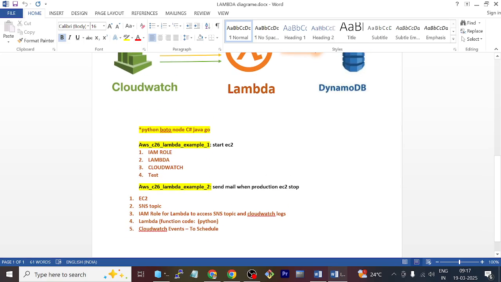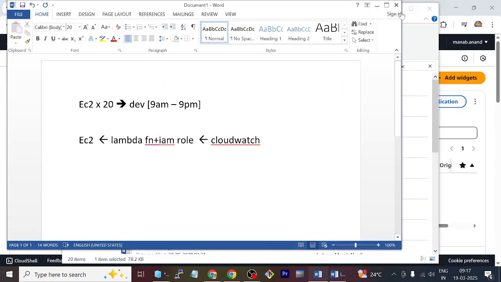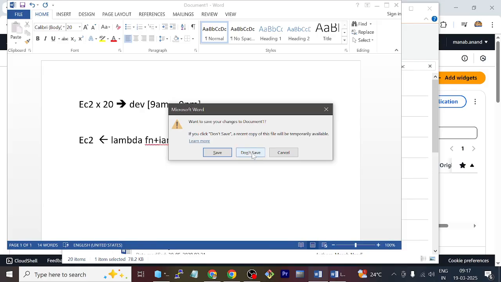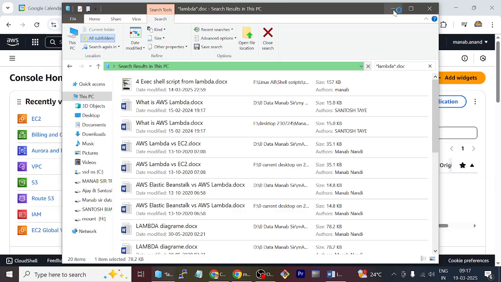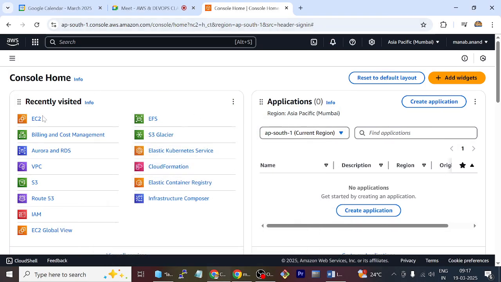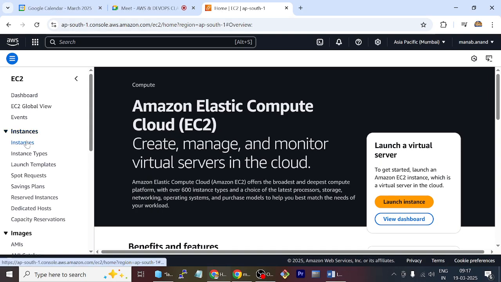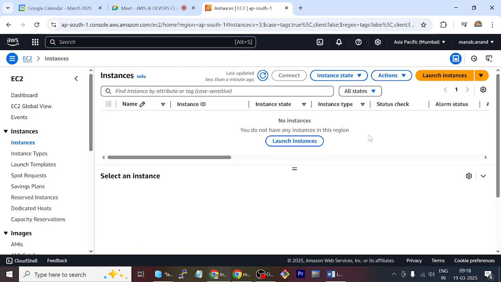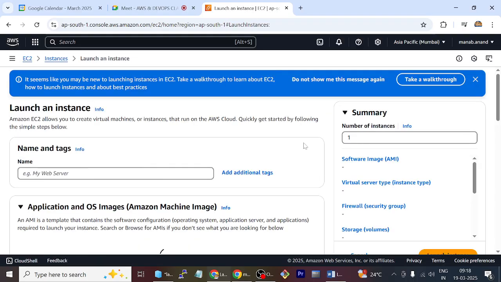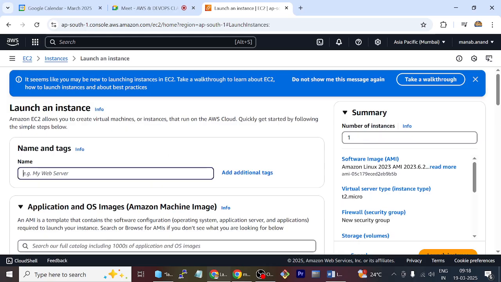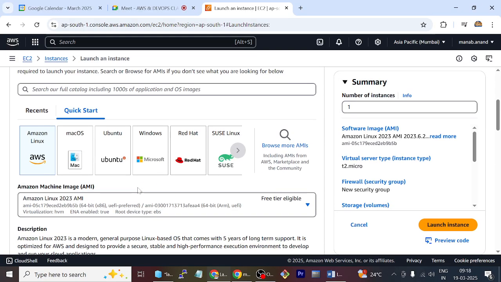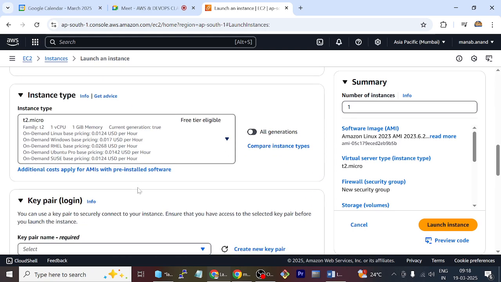What I am going to do? First IAM role, Lambda, CloudWatch, then test it. Fine. First, one EC2 instance. Let's create one instance. Suppose PC1. Like this, a number of PCs are there. Okay. T2 micro,